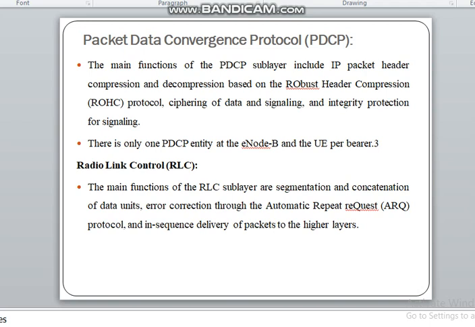Error correction through the automatic repeat request: if there is an error in the transmission, then based on the ARQ protocol, it will get the acknowledgement, and then again it has to send the same data. That is also managed by radio link control, and in-sequence delivery of packets to the higher layers is also managed by the RLC layer.